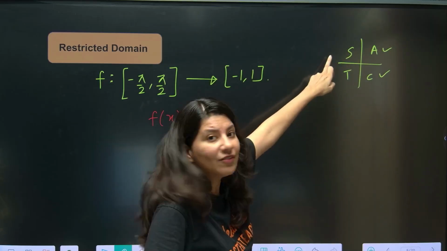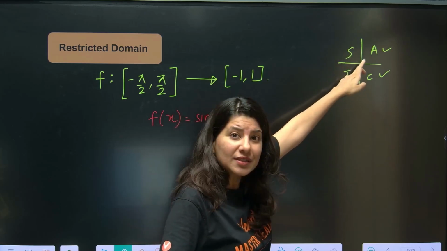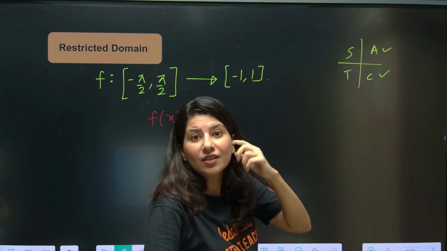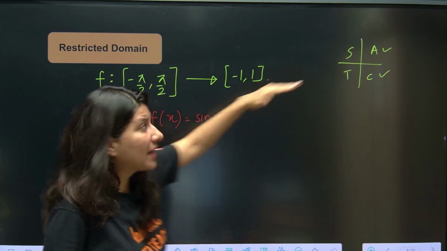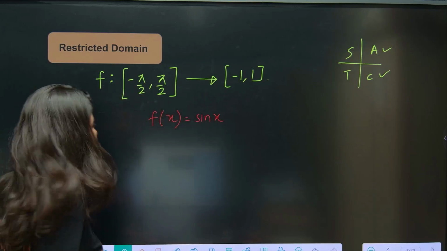So second quadrant will give you what? Sin x positive. So here also you are going to get same values. Here also you are going to get same value. You want variety. You want all possible values. That's why fourth quadrant. So minus pi by 2 to plus pi by 2, f of x is equal to sin x over here, right?